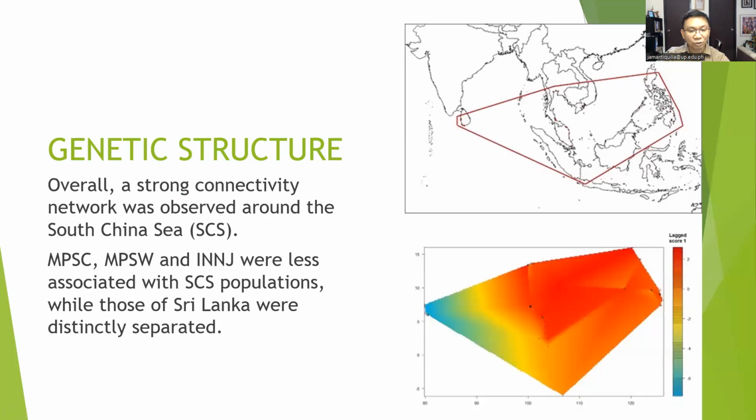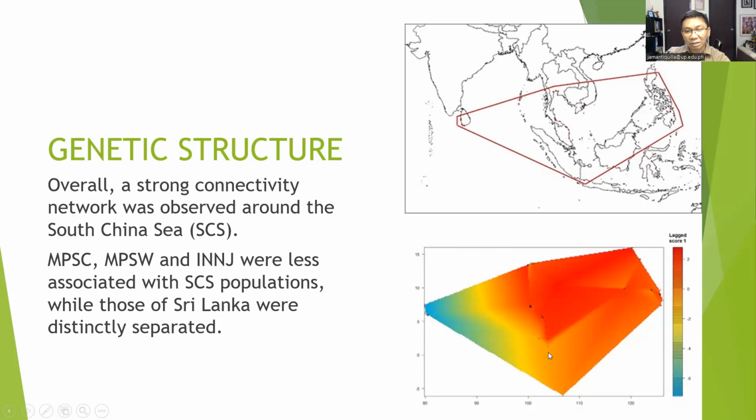So one novel approach in determining spatial structure is called spatial principal components analysis, and the ones that we marked on this map basically correspond to the shape of the polygon that consists our sampling sites. So overall, a strong connectivity network was observed around the South China Sea, and this is indicated by this intense red background,